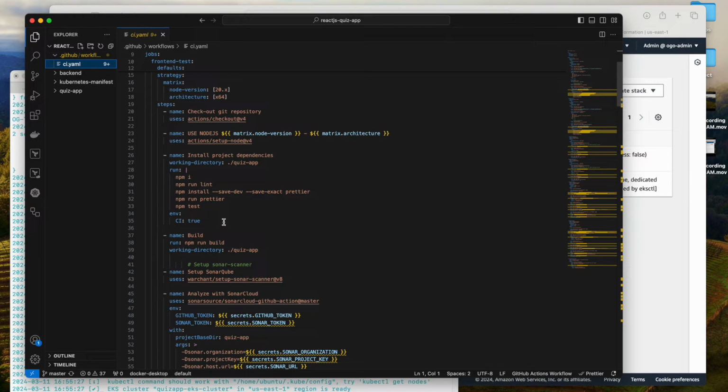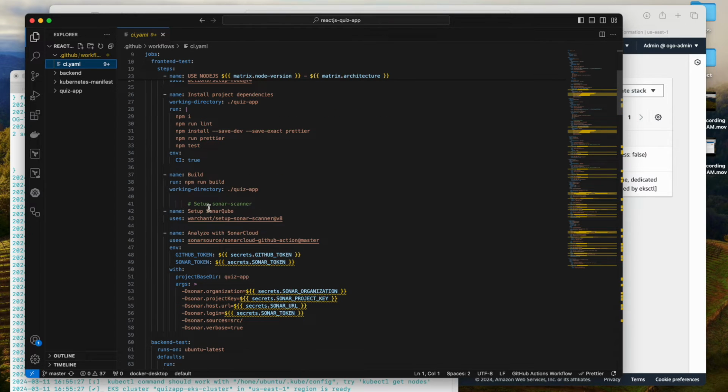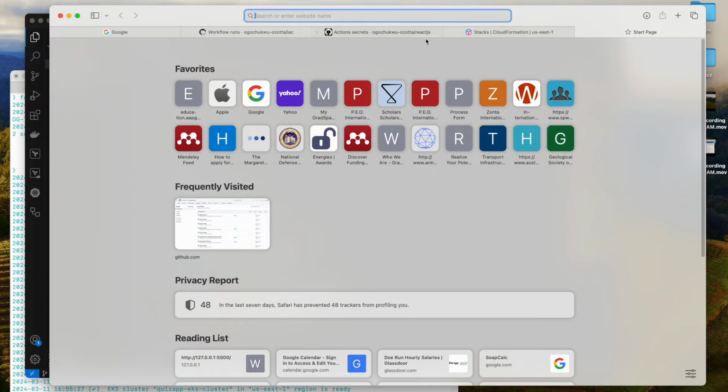I'm going to run a test, then run a build, and do a build on the front end. Once that is done, I'm going to set up Sonar Scanner. I will have to go to Sonar Cloud,